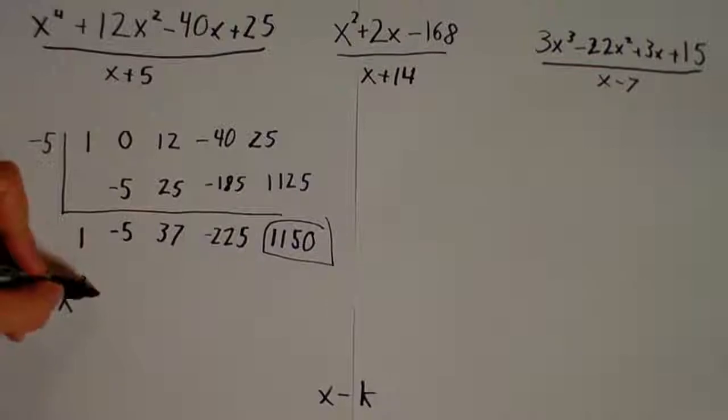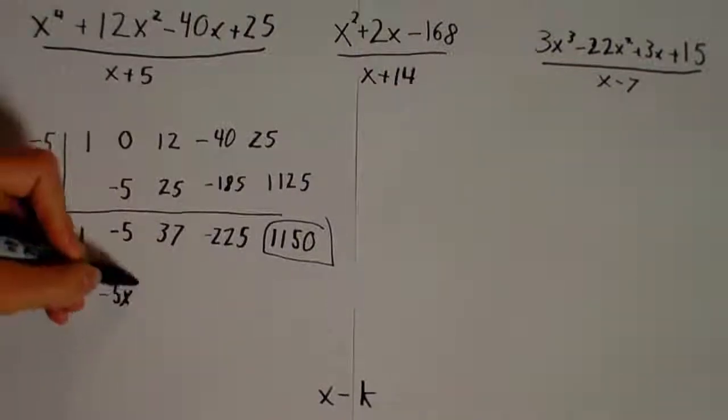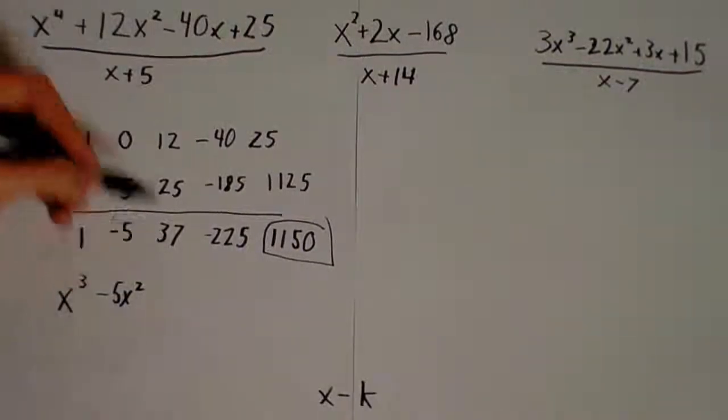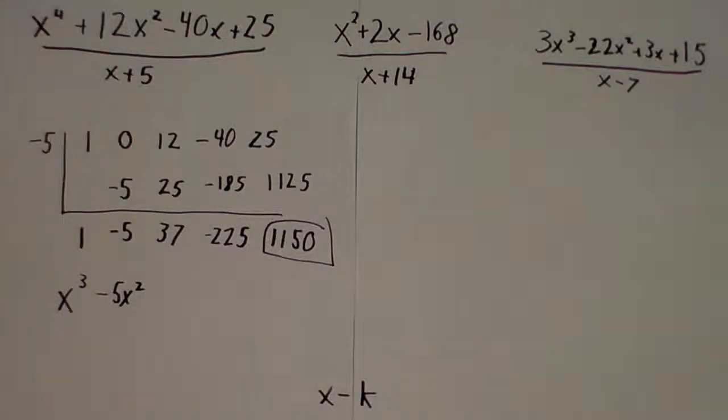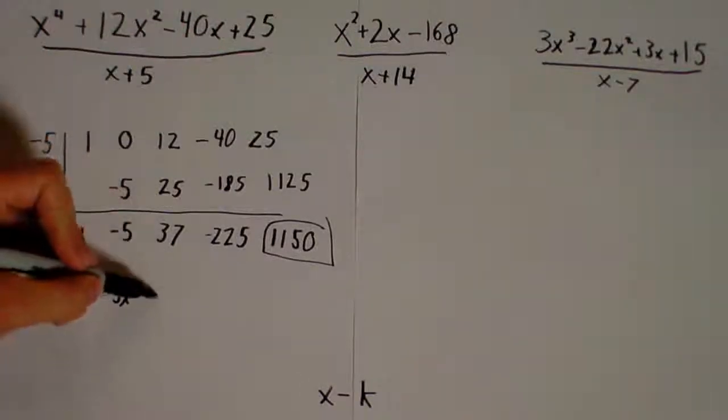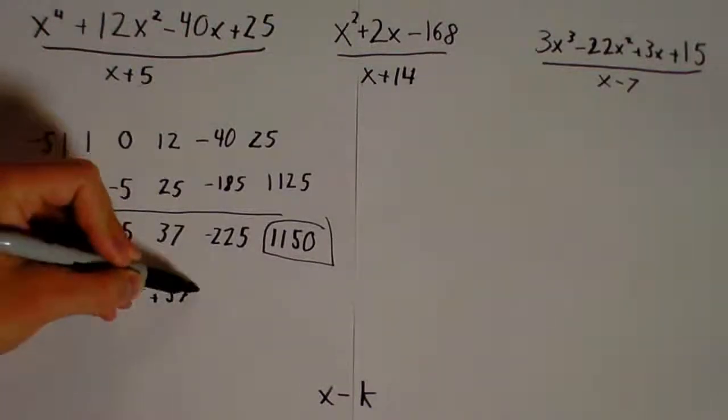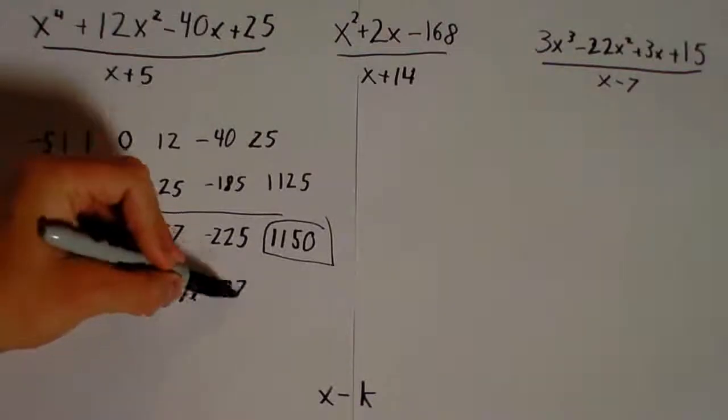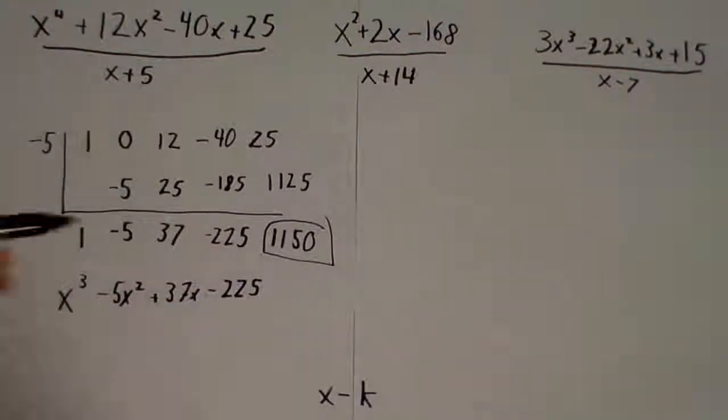So we've got x to the 3rd minus 5x squared, and now we just go on down: x squared, x, constant. Remember, we can do that because we put this 0 here to make sure that it all fit perfectly. So we've got minus 5x squared plus 37x minus 225. And then our remainder is